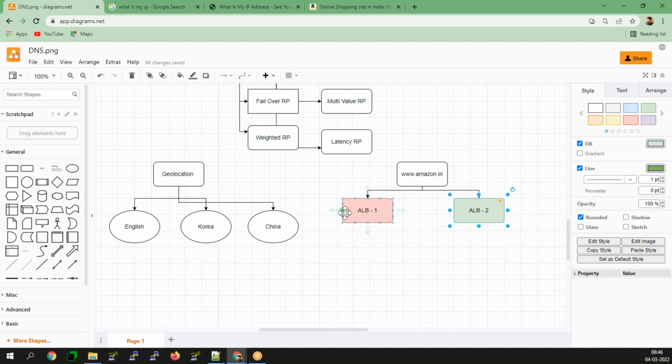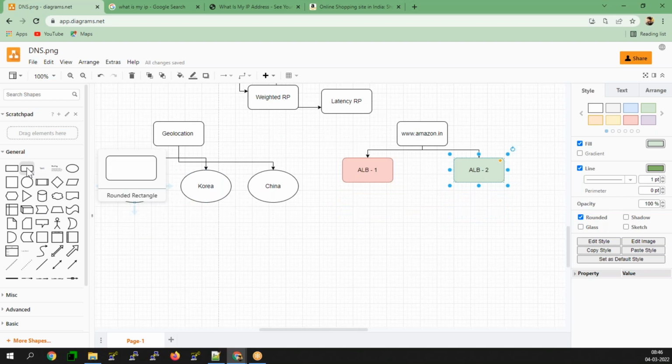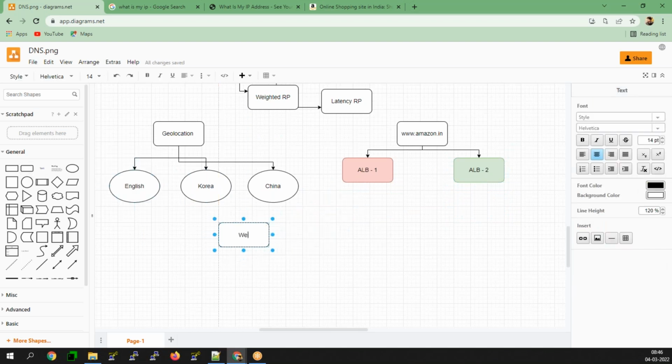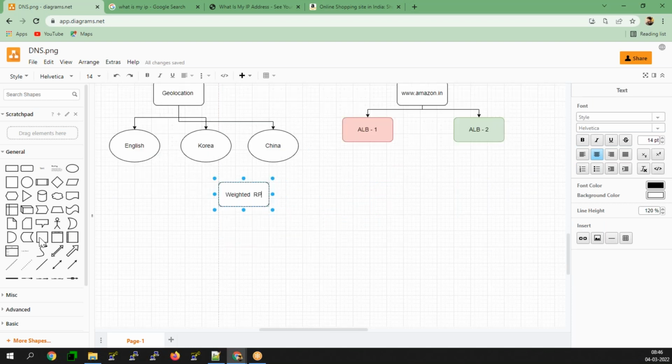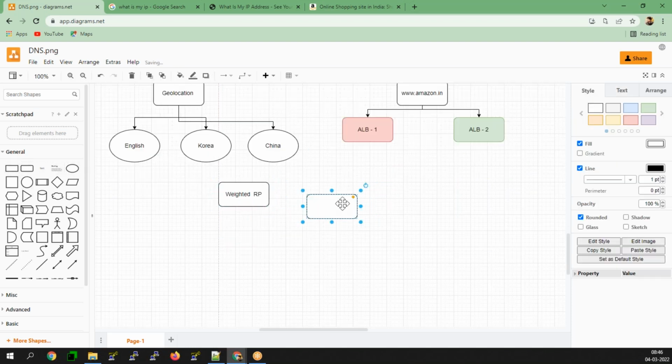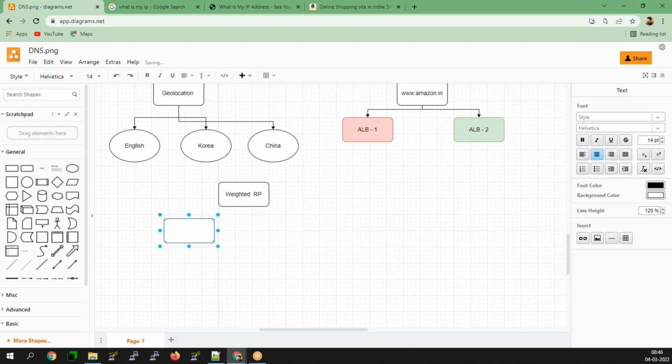So now, for example, here you have the weighted routing policy. Here you have two ALBs, ALB1 and ALB2. Let's consider that scenario.